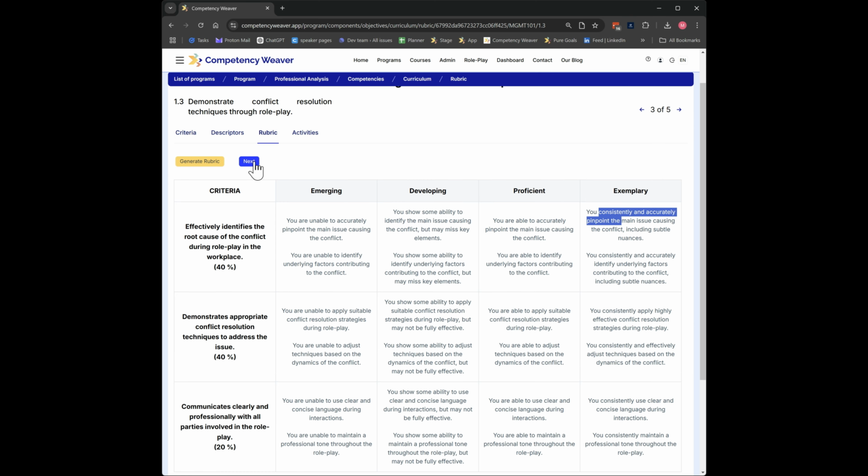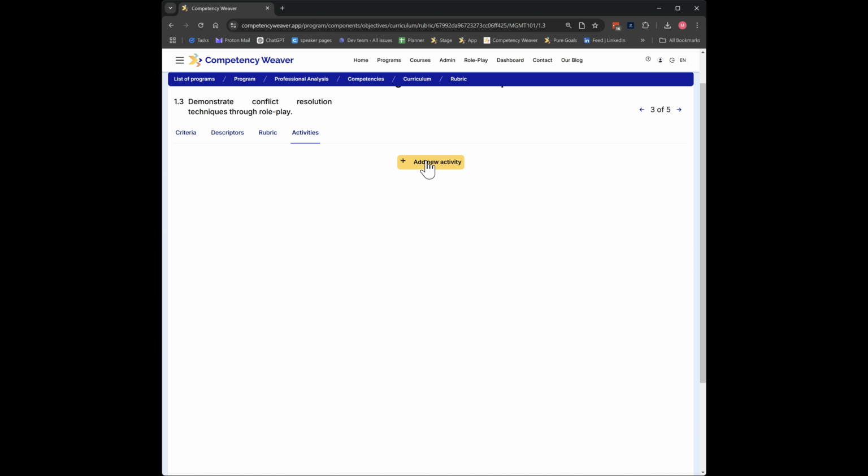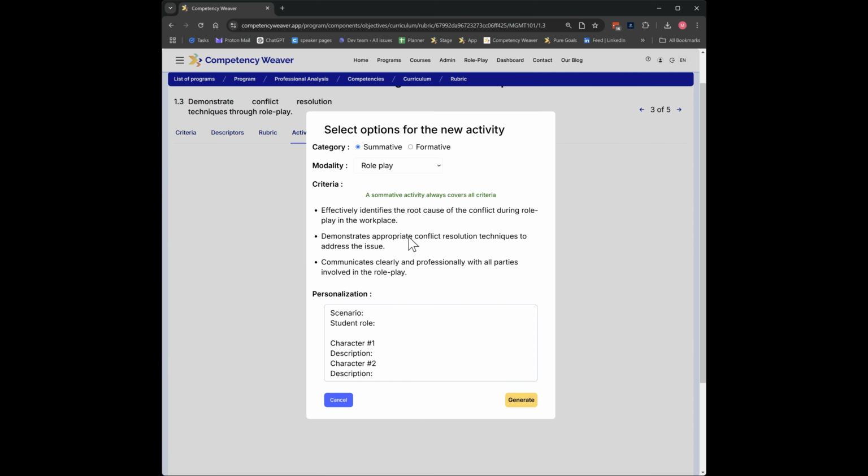Now let's get to the fun part, and you could go to activities and then generate a new activity. Of course, for this one, the role play would be fun. And then this part here gives you an idea of what you could say. So the scenario could be, and that's where you think about the learning objective. And if you have particular